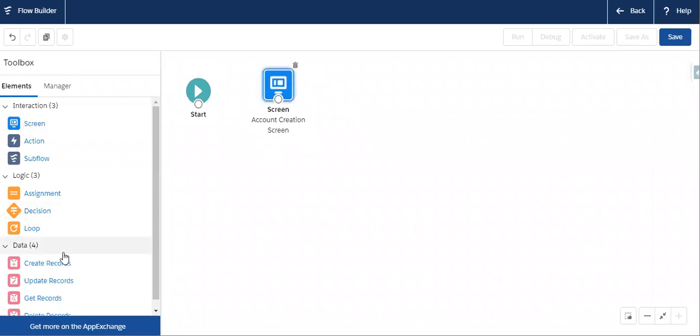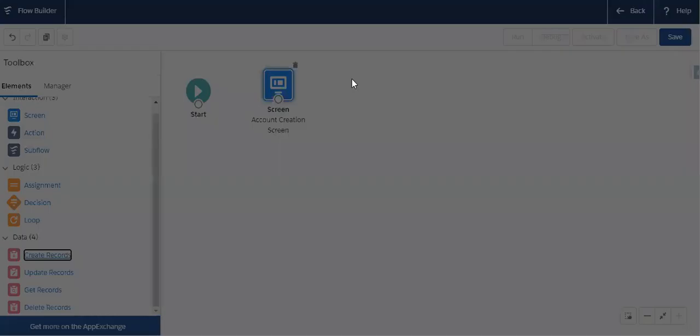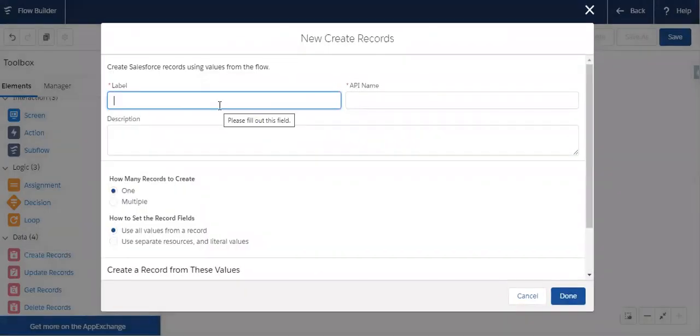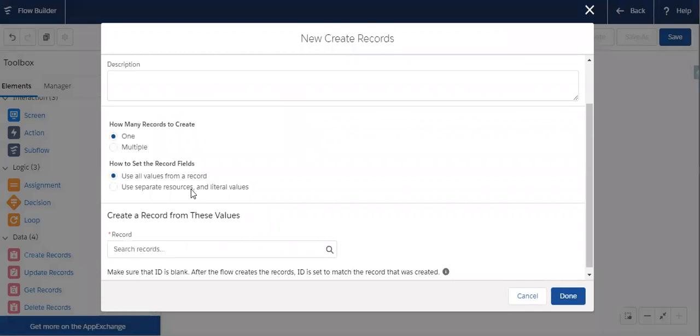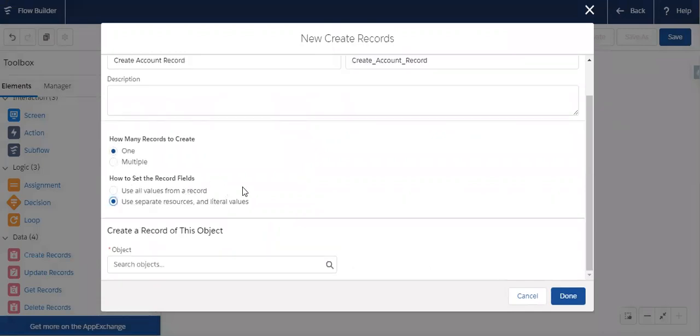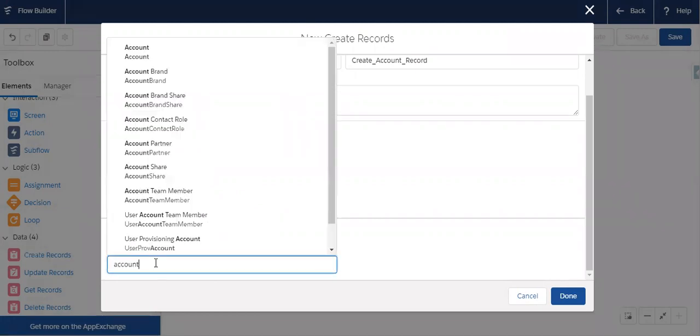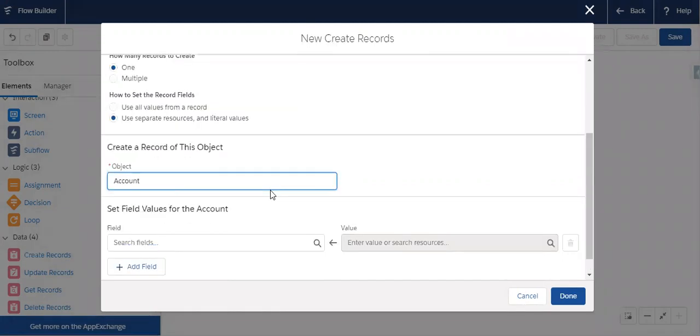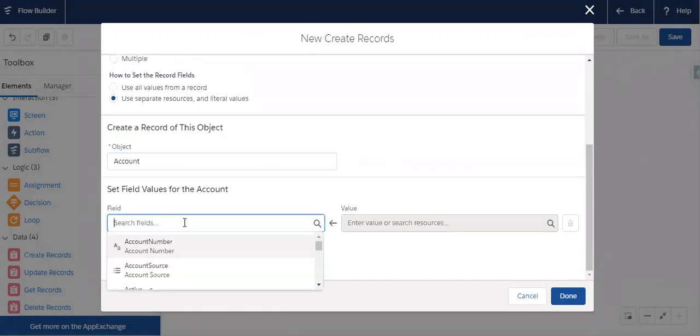Next let's add the create record component for creating the record from the screen variable. Create account record. Let me select the set record variable from the resources and select the account object. Let me set the name.